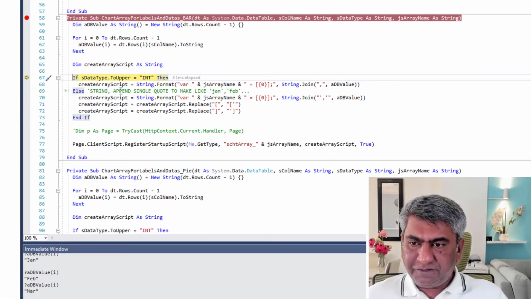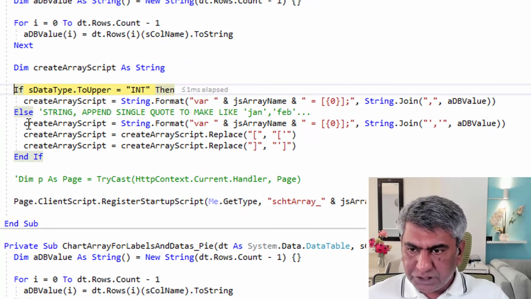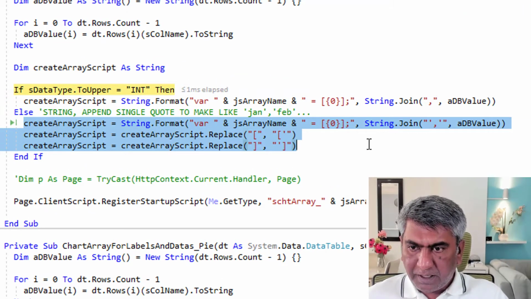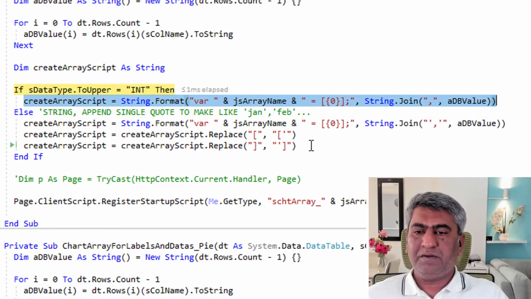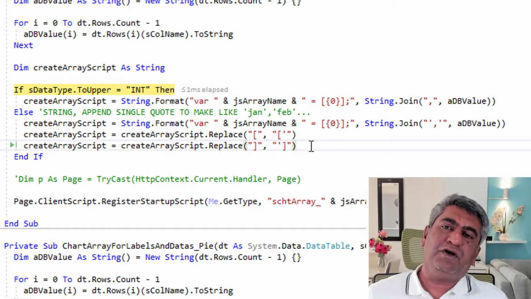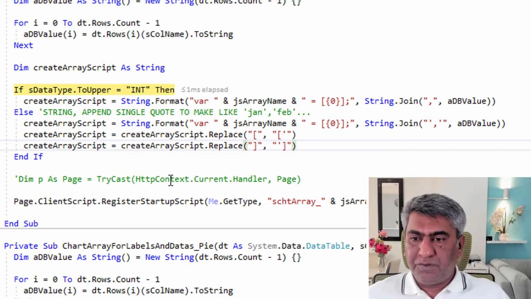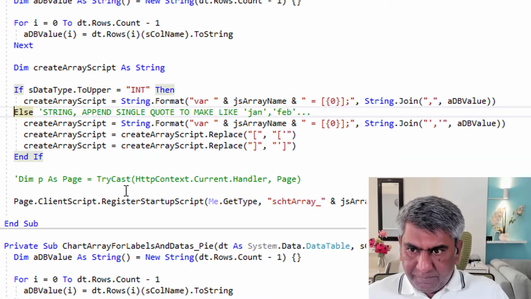So what we are doing, the first thing, see this portion is for creating labels and this portion is for creating data. It is similar. At the end, what we want is a JavaScript array. So let's press F10.